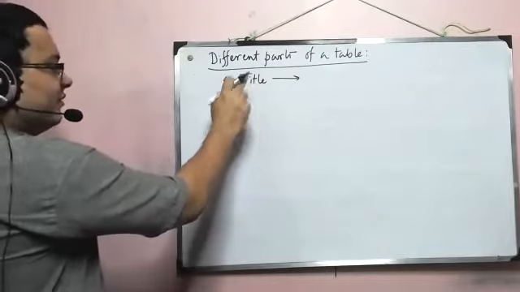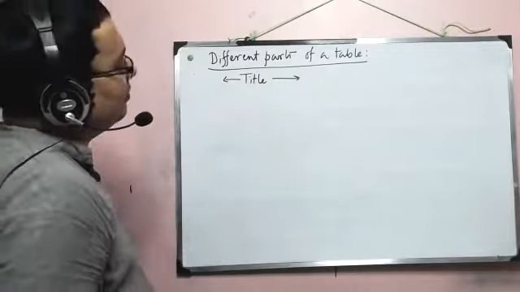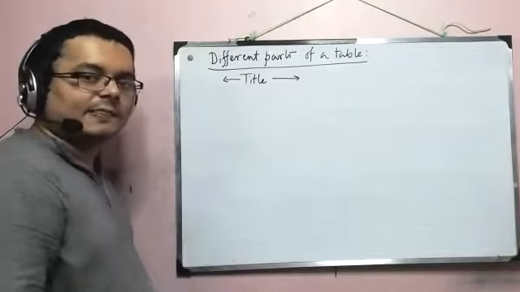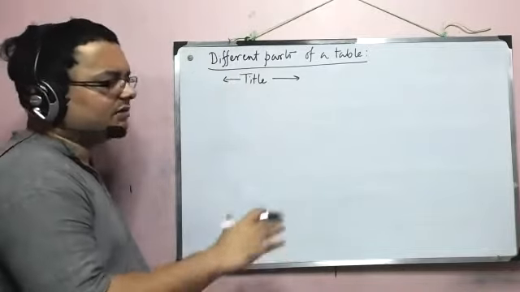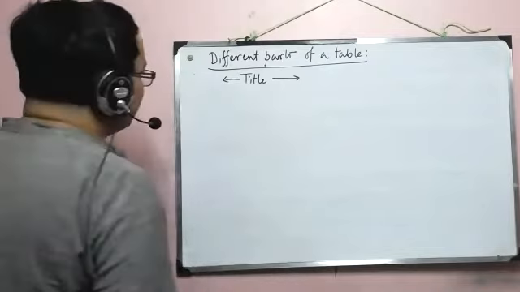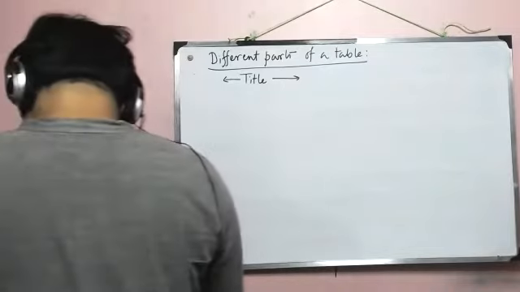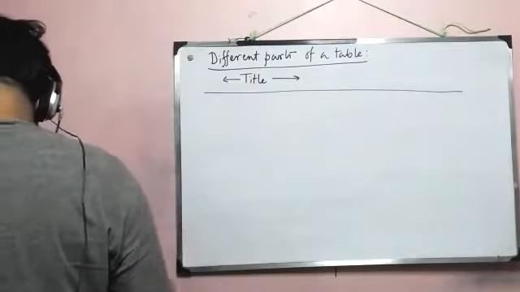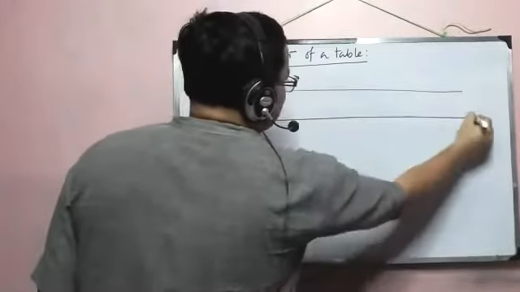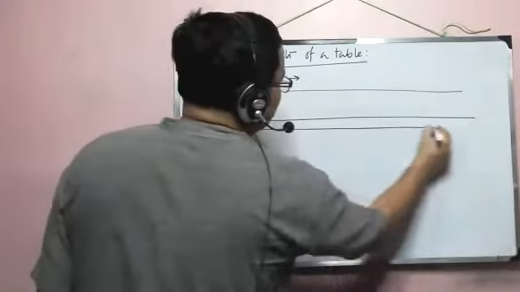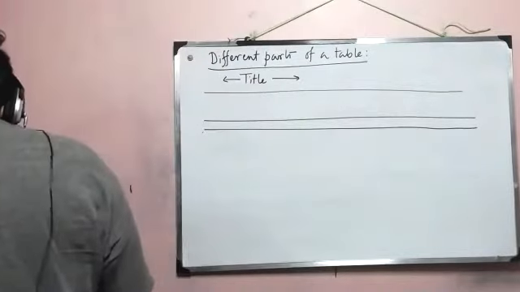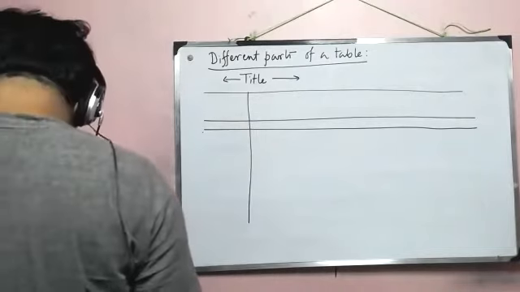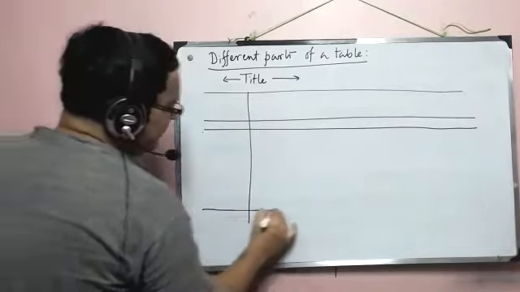This is very important. Whenever you construct a table, you give a title, and you try to maintain all the parts that I'm going to show right now, in any occasion, whether you are calculating mean or median or variance, it doesn't matter. Then comes, as I said, rows and columns. So let's just take a specimen. The actual table given a problem can be quite complex, and that's not a problem, but here we are trying to draw a specimen table.